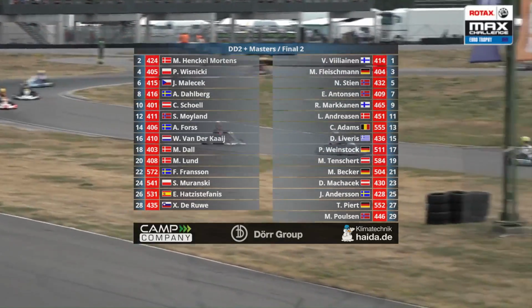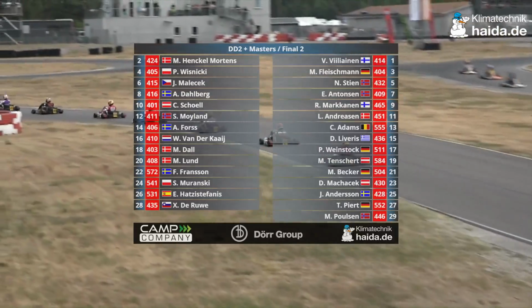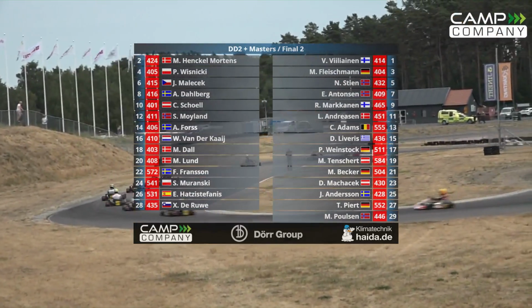Rupe Markkanen and Konstantin Schöll on row 5. Lasse Andreasen and Sivert Moiland on row 6. Christoph Adams and Andreas Fors on row 7. Dionysius Liveris, who was in the wars earlier on this morning, is alongside William van der Kaj from the Netherlands